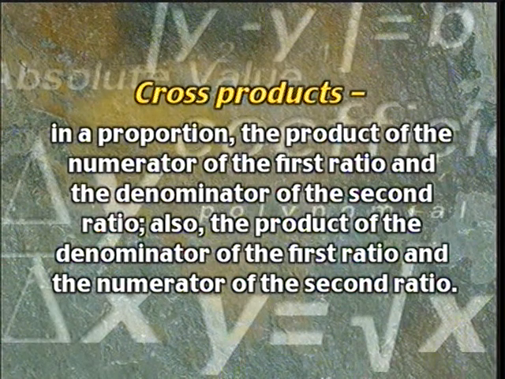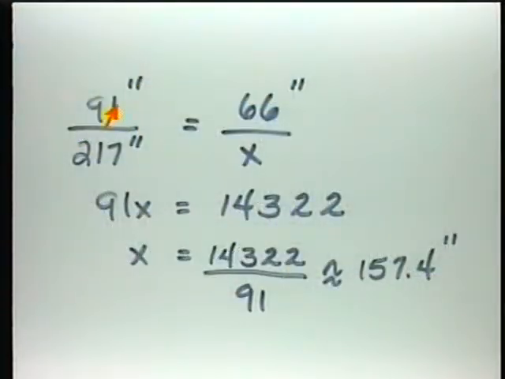Now let's take a look at the proportion. We've got 91 inches over 217, which are the shadows of the student over the shadow of the light pole, is equal to the height of the student, 66 inches, over x, which is the height of the light pole that we're looking for. To solve this, using cross products, x times 91 results in 91x. 217 times 66 equals